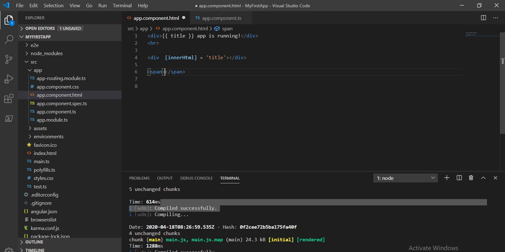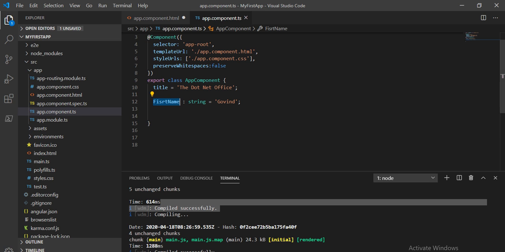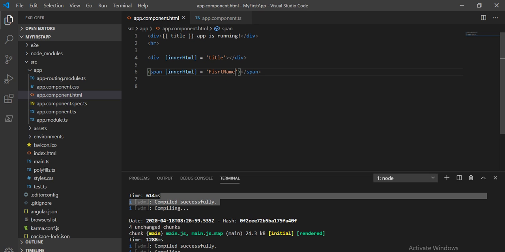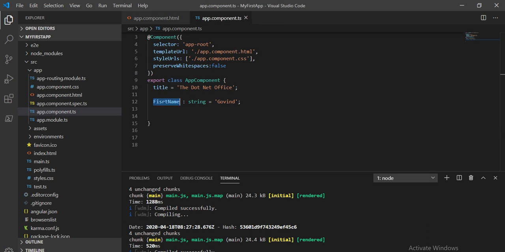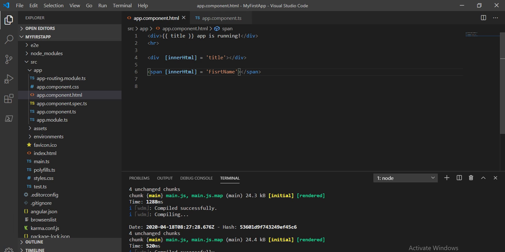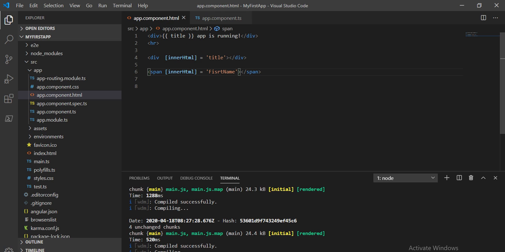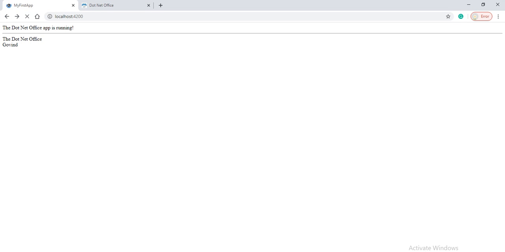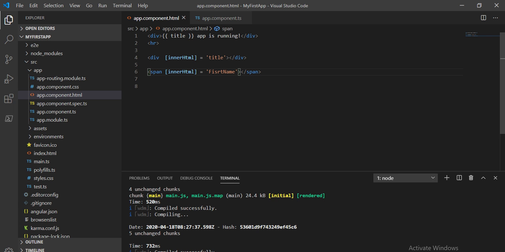So the property of span is similar, inner HTML, and I will take this firstName for this. Now let's save it and see on the browser. So we can see here it is showing Govin. So in this similar way we work with property binding.